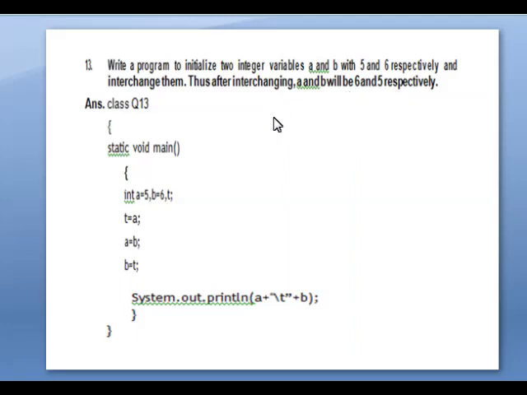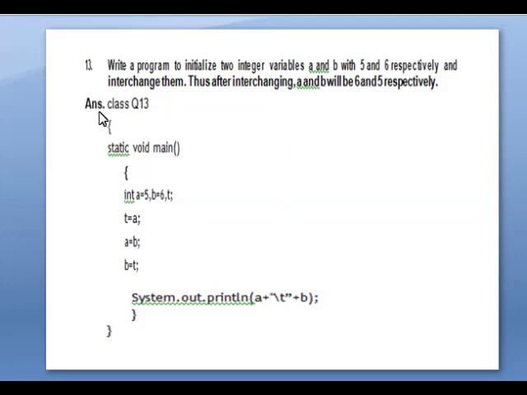Okay students, so here the two variables are integers. Here we are not using any decimal values, so we can take all the variables as integers. So here we use three variables, two variables to store the values. We are interchanging the values, so we use one temporary variable also. Okay, so we'll start the program.